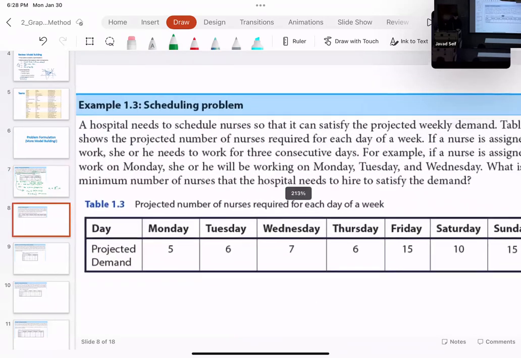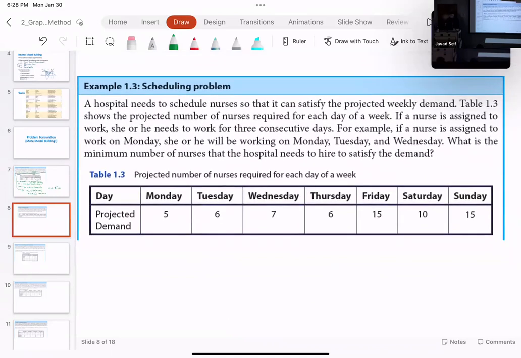So how about this? Read and see how we can model this. A hospital needs to schedule nurses so that they can satisfy the projected weekly demand. That table shows the demand. Mondays, we need 5 nurses, Tuesdays, we need 6, and so forth. There is a condition. If a nurse is assigned